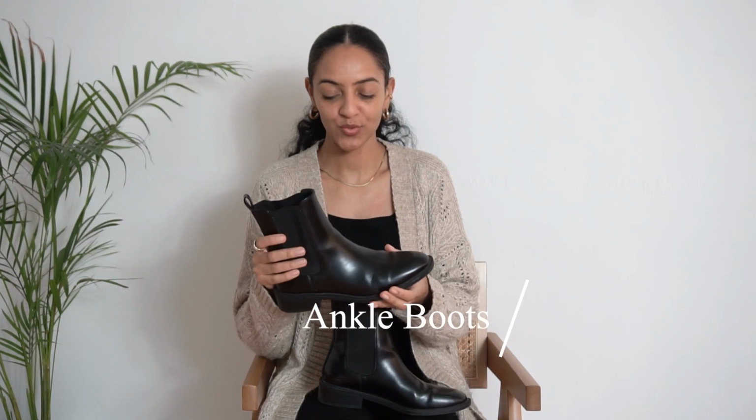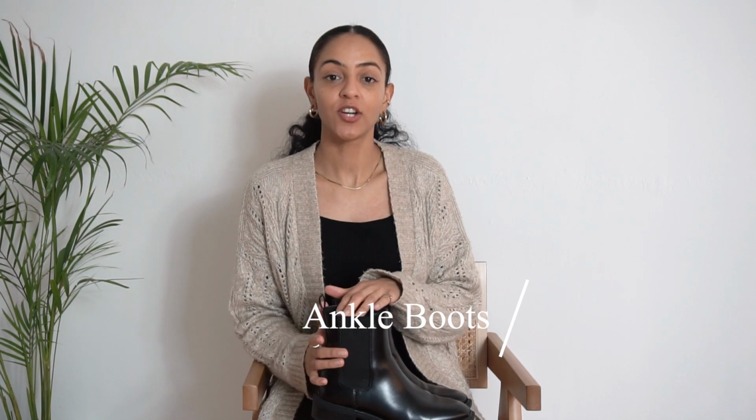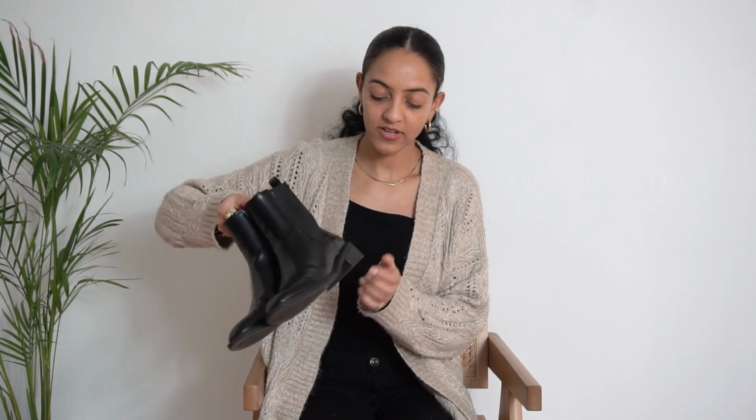So the next piece that I feel you really need to have in your winter essentials wardrobe are a pair of Chelsea boots or ankle boots, whatever you want to call them. Get yourself some nice boots. Now these are great because they are flat style, they have a very small heel but it's really comfy to wear, and they're just a neat pair of boots that you can wear for all of the different weather